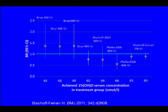For the trials that measured 25-hydroxy-D, we plotted the risk for fracture in relation to the achieved 25-hydroxy-D levels. You'll see that the first 3 dots, the trials that used 200 to 600 units, achieved levels in the mid to high 40s nanomoles per liter, with no risk reduction. The next 3 dots achieved levels in the 60s, that is 60 to 66 nanomoles per liter on treatment, and